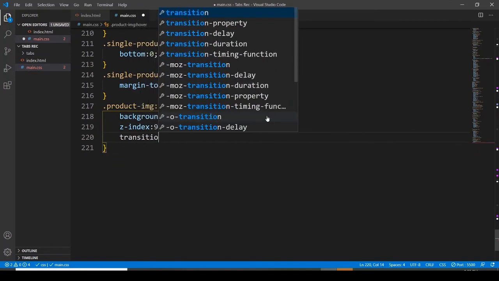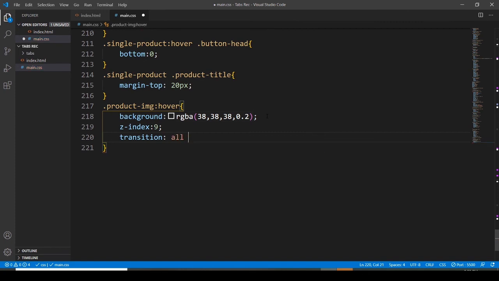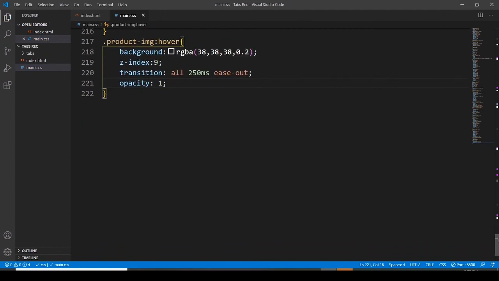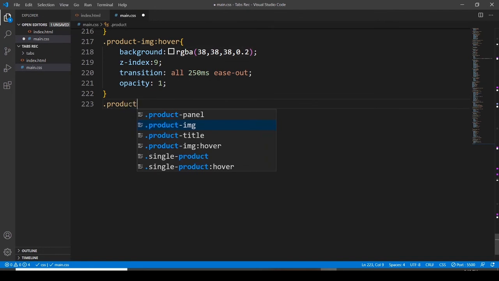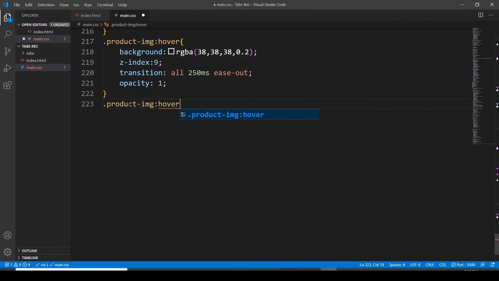Transition 250 milliseconds ease out, and opacity. I didn't think that it would take so much time, but my apologies. And let me close an extra window. Okay, and I'm trying to skip some of the things which I don't want to do here. Product image hover, and then img, and it is going to have opacity. Opacity is going to be 1,